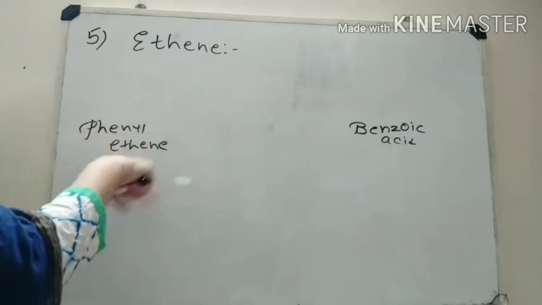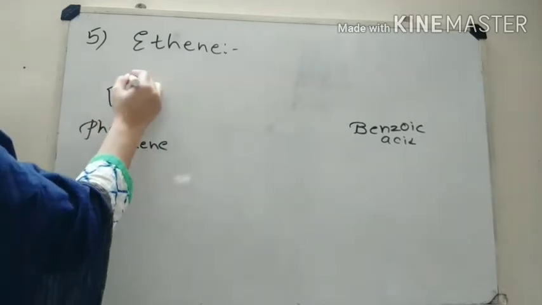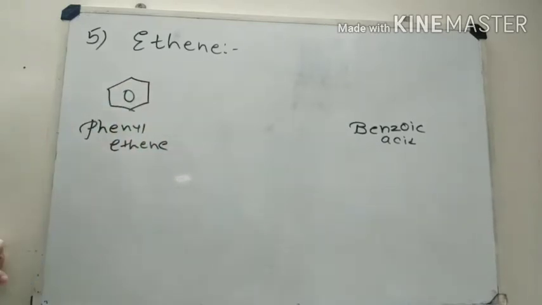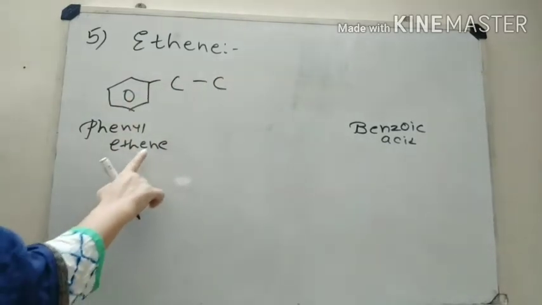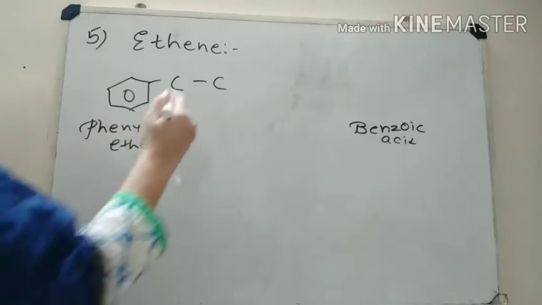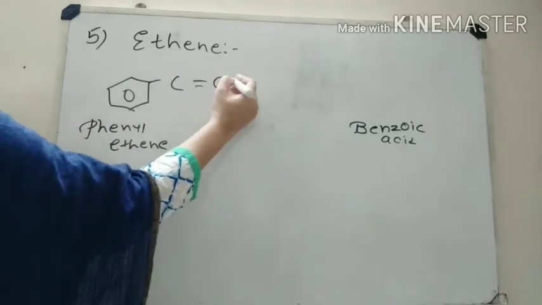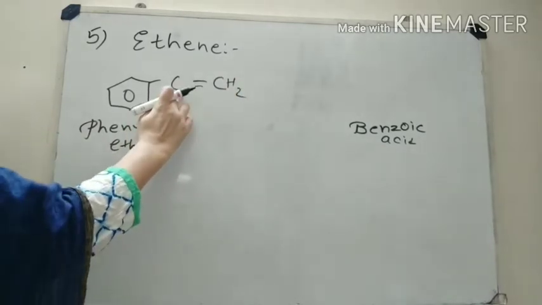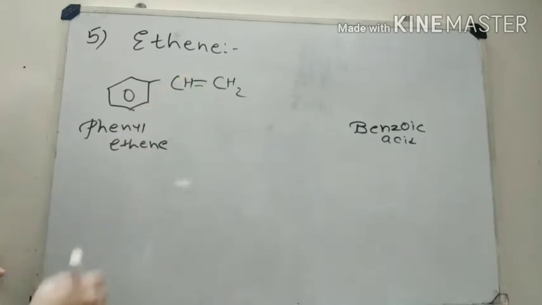Students always get confused about how to draw this structure. So remember one thing: phenyl means the benzene ring, with a circle inside. Now ethene, obviously, means there are two carbon atoms. With the ENE ending, there is a carbon-carbon double bond. This carbon has two bonds around it, so two hydrogens. This carbon is surrounded by three bonds, 1, 2 and 3, so it is CH. So this is the structure of phenylethene.